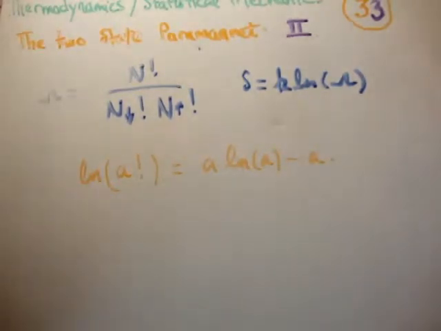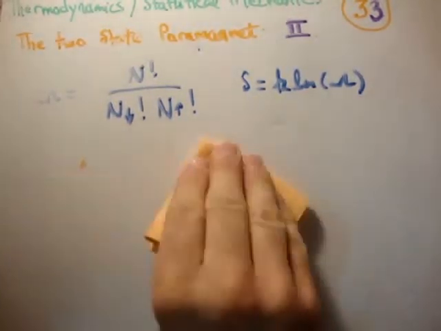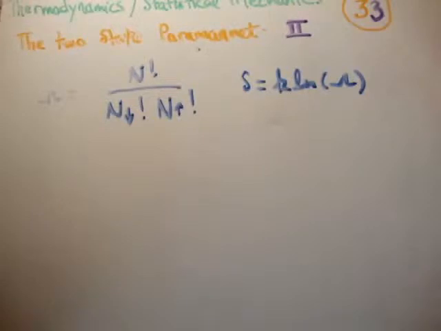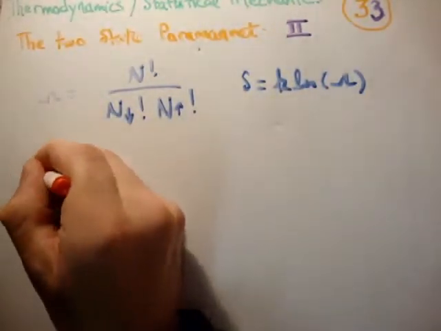And I proved that in a previous video. Just bear with me and I'll tell you which one. It's number 11. In video number 11 I proved Stirling's approximation. Now if we know our rules of logarithms, we know that if we take, let's say, S over k,